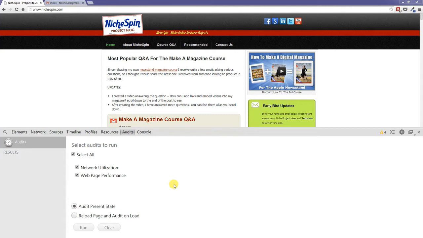We're now going to focus on the Audits Panel. And the Audits Panel, as you might guess, is where the Google Chrome developer tools actually run an audit on our web page and give us suggestions for making improvements. Now you can see there are not too many things on the screen for this panel, so we'll leave everything